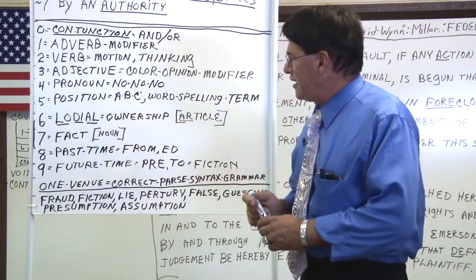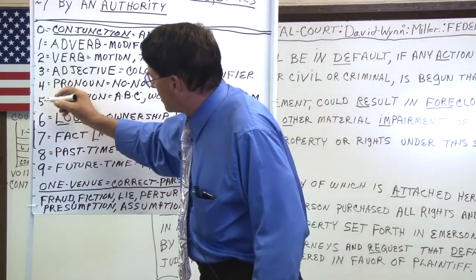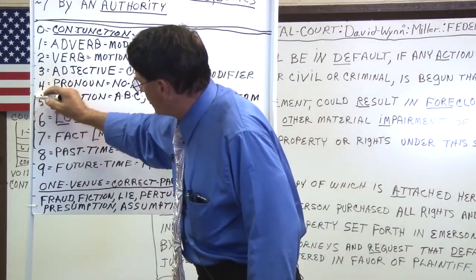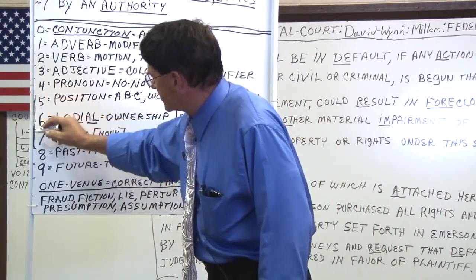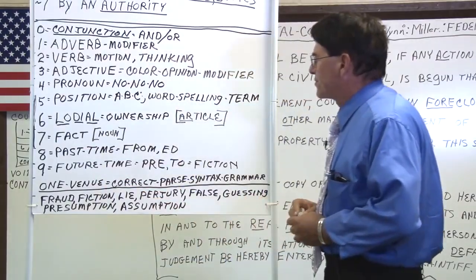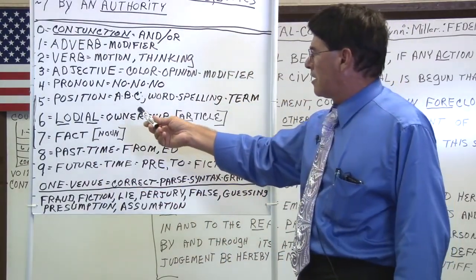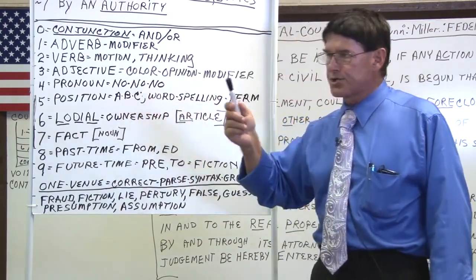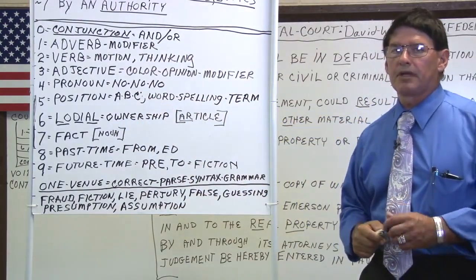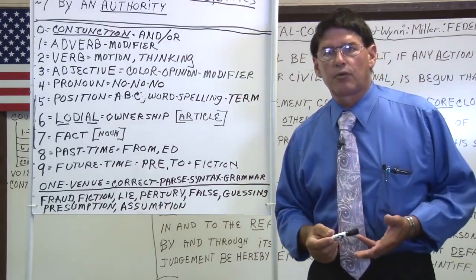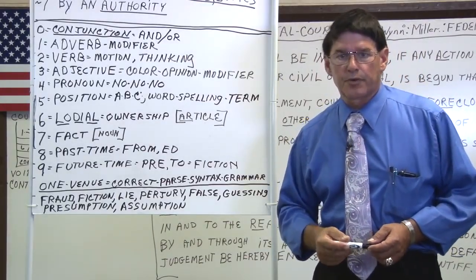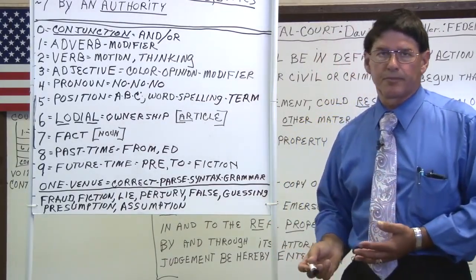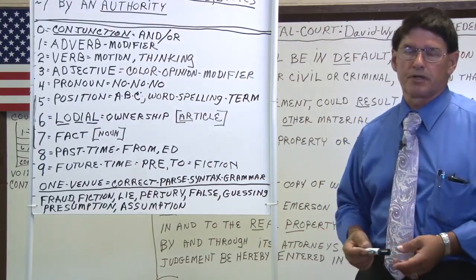Now, in the presentation of these numbers, the positional fact, which is 5, 6, and 7. The position of a word identifies using the ABC alphabet. Now this is between two individuals. When they come together, they have to agree on what alphabet they're going to use. If we were in China, we'd be using the Chinese alphabet. If we were in Russia, we'd be using the Russian alphabet.